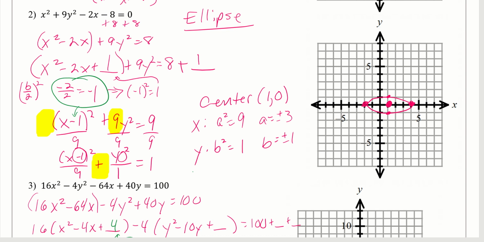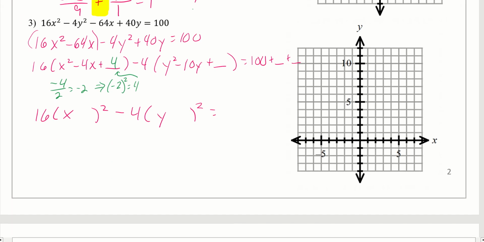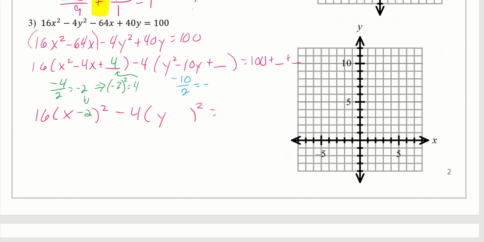That is nice because if I know the b divided by 2, I don't have to keep factoring or anything like that. So I know my b divided by 2 here is negative 2, so it goes right there. Now on this other one, I do b divided by 2 again, which is equal to negative 5. Again, that goes right there. And then if I square that,